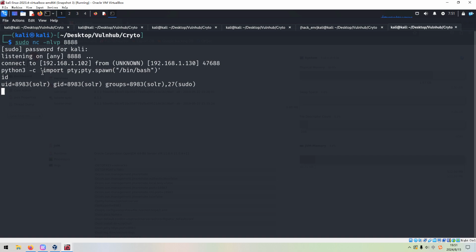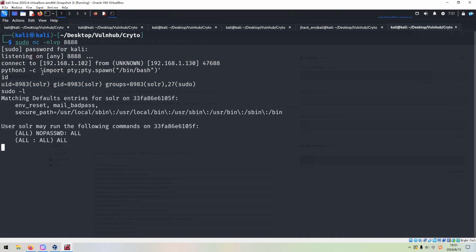But this doesn't work, so we can run sudo. We can even run all commands. The current user is sor, and actually the password for this user is sor. I think this is the problem I mentioned at the very beginning of this video.